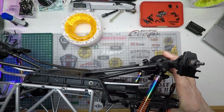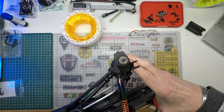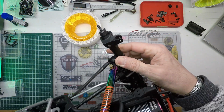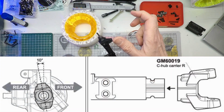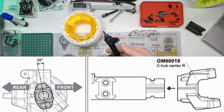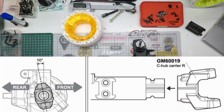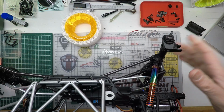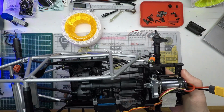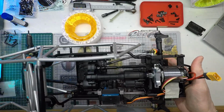because of the caster. Now, caster on this axle is not really a problem, because you can take these pieces off and turn them a little bit more to gain some caster, just as you can on element axles. So that's a nice feature on here. So I think I might leave the angle like this, because I already adjusted the front pieces, and then yeah, it's